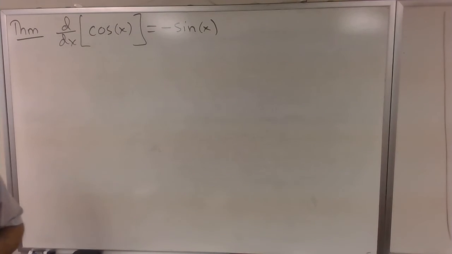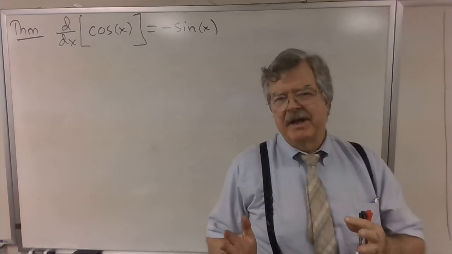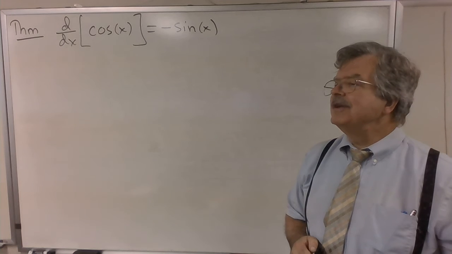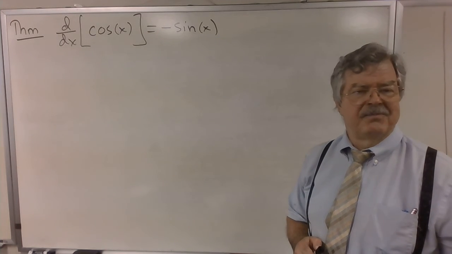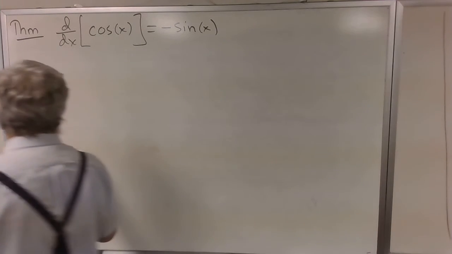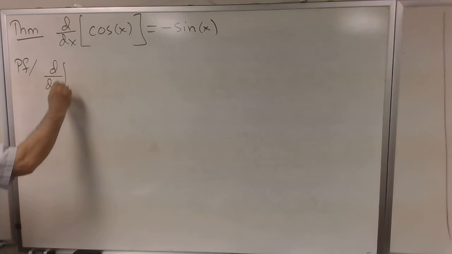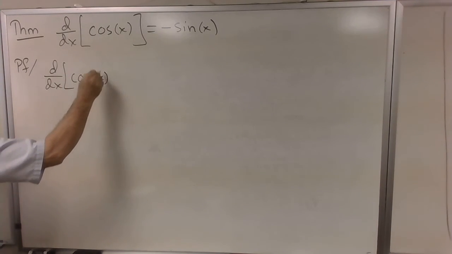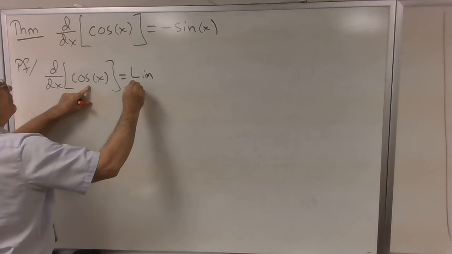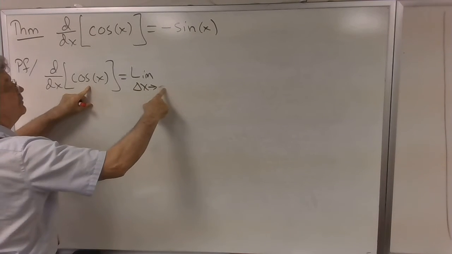Okay, derivative of cosine of x. We're going to do this exactly the same way that we did the derivative of the sine of x, including using addition formulas for the cosine of the sum of two angles. By definition of derivative, we're going to have the limit as delta x goes to 0